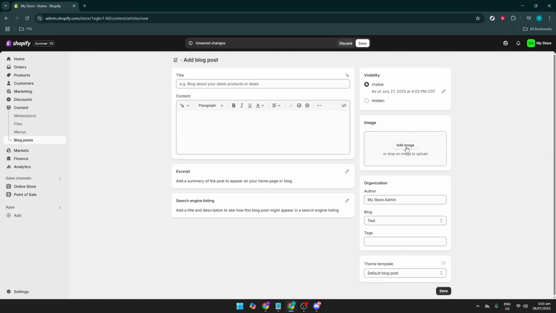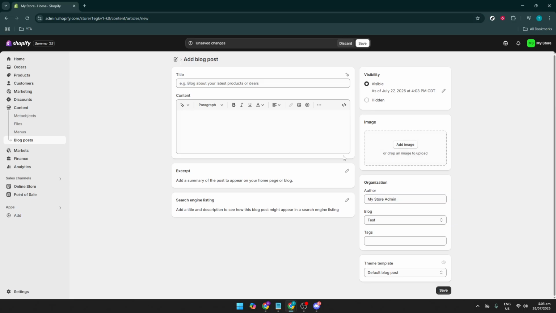This visual element will not only make your blog more appealing, but also help convey your message more effectively. Make sure that your image is high quality and relevant to the content you're presenting. Now let's discuss Excerpt. The excerpt will act as a teaser for your article. It's a brief overview that appears on listing pages or summaries, so make sure it captures the essence of your